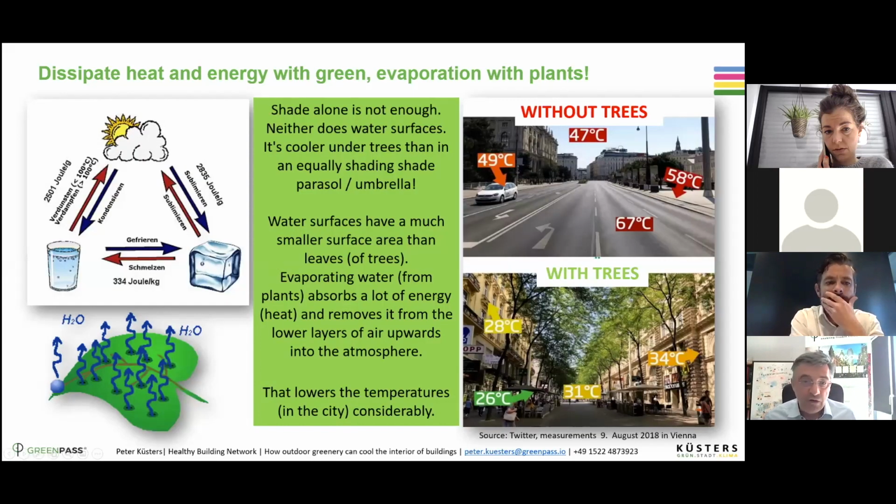As I said, plants are very effective. And why are plants so effective? It's that water can vaporize without boiling. You don't have to heat the water up to 100 degrees to make it boil. Everybody can feel it more or less every day on your skin. When you're sweating, the water vaporizes, although it's not boiling, and then it absorbs a lot of energy from the ambient air. It reduces the temperature because it takes the energy literally out of the air, and then it vaporizes, and it's